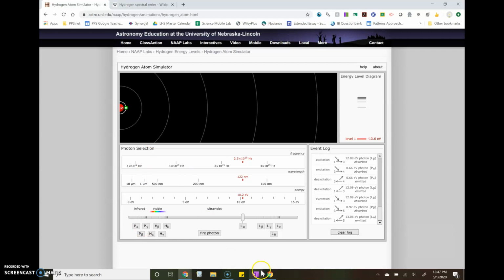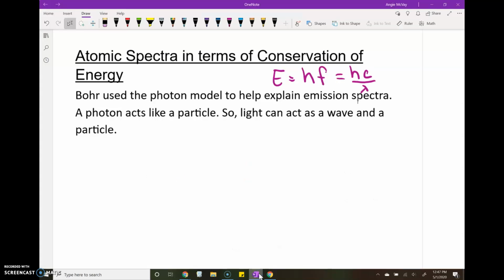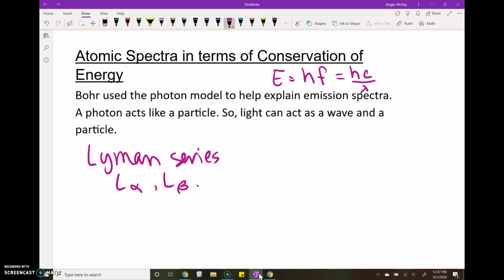Okay, so let's summarize that right here. The Lyman series for hydrogen, remember this is specifically for hydrogen, that's like L alpha, L beta, L gamma, and so forth, excites from n equals 1. Balmer series,